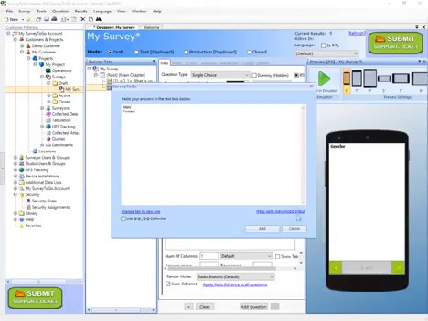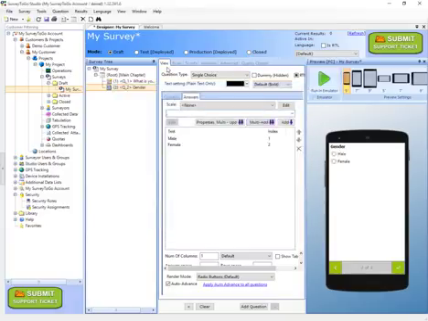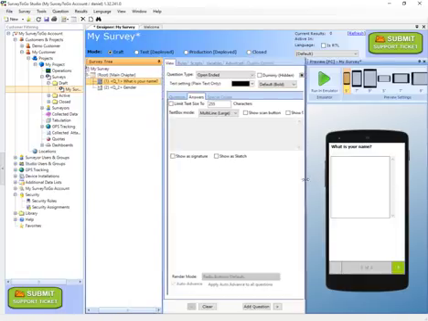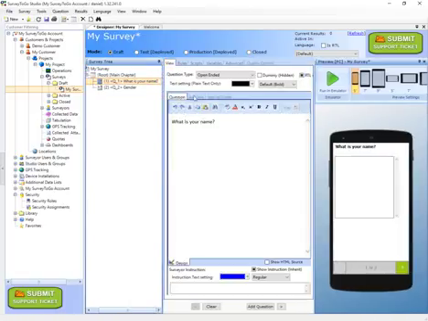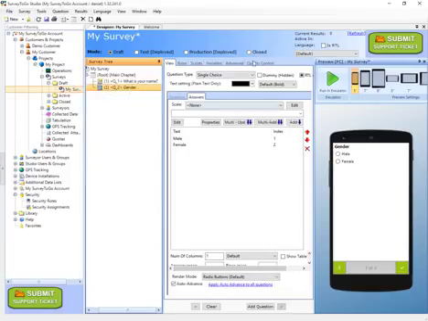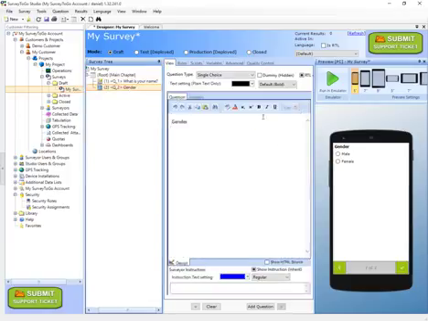As I'm building it, you can see that on the center part, every time that I select a question, I'm directed to the configuration section of that specific question. So the question text, the answers. In this context, it's an open-ended question, so the configurations that are available for an open-ended question, and the other configurable parts for each of the questions. So the central part is the configuration section, and on the right side you can always see how my survey